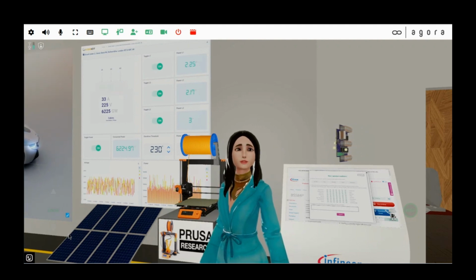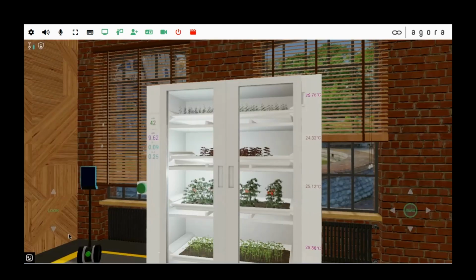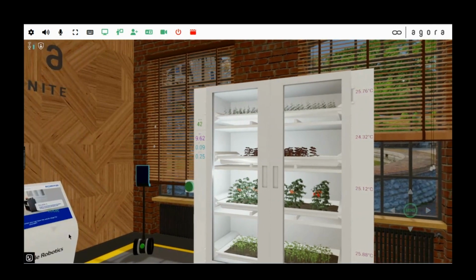For this next demonstrator, I'm going to go into first person mode where you can see in front of me is a cultivator. We have a digital twin of a cultivator where we're using AI to collect sensor and telemetry data. So I'm going to go a little bit closer up